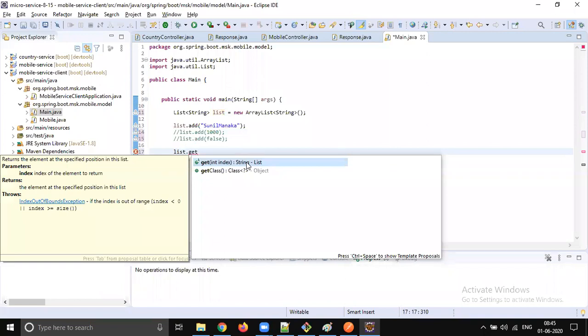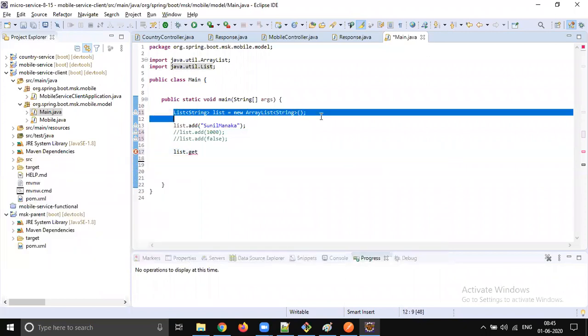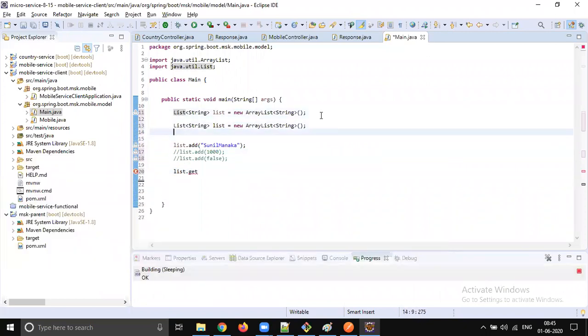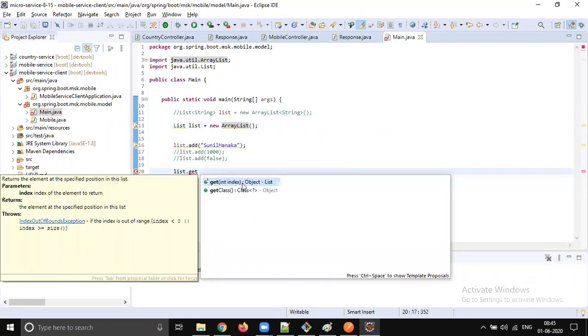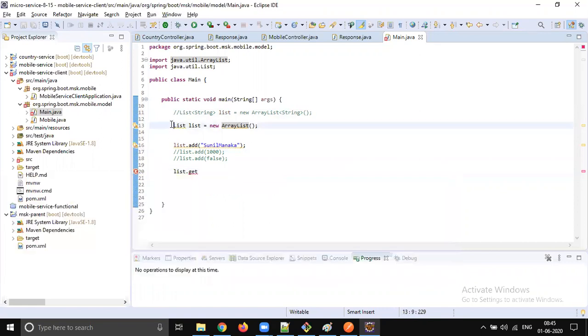So what is the return type now? Earlier it was object, now it is string. Just remove the generics and you will see that automatically the get method return type will change to object.